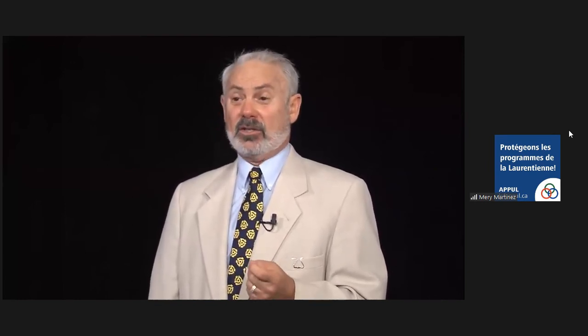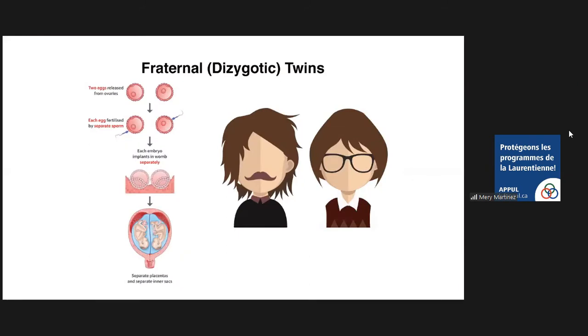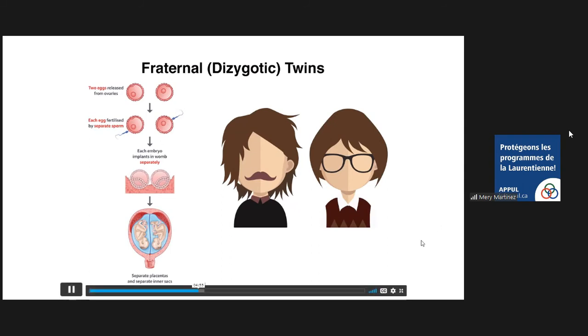Now, back to twinning. First, let's talk about fraternal twins. Fraternal twins do not have to be the same sex. They look alike or as unlike as regular brothers and sisters. This is because fraternal twins are the product of two fertilization events. So you have two sperms, two eggs. Sex determination could be different or the same in those two fertilization events. They form two separate embryos, two placentas, and they will form two newborns who are as alike or unalike as